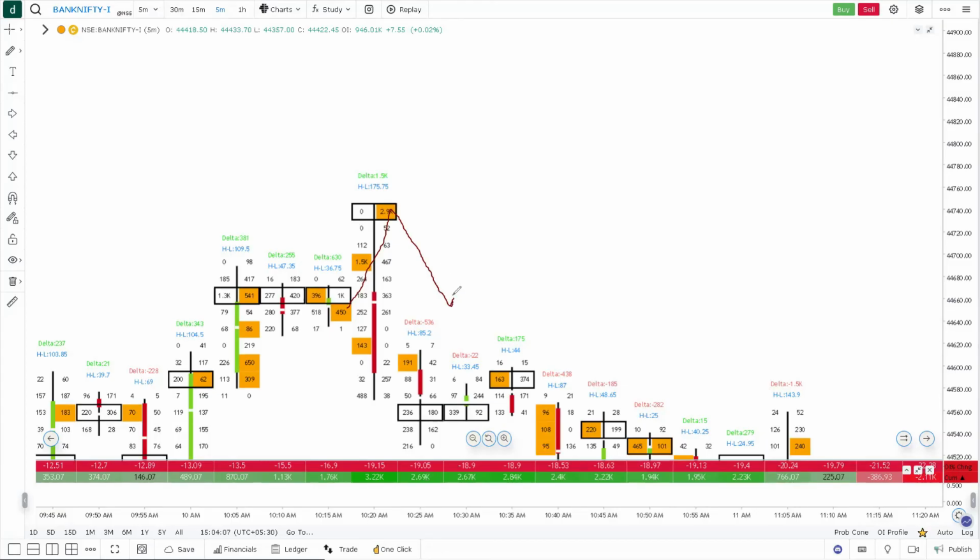So there is a pullback here, and then the prices went up. It has broken here. Prices made a clean close above the reference. Then the prices might go again like this. So here you can take it because the price is sustaining that level for 5 minutes or even more. In this way, by waiting and trying to understand what is happening, you can 70-80% totally avoid your stop loss. If you are eager to take the trade just because the prices went up here, you will lose most of the time. So always wait and watch how the price reacts, and then only take the trade